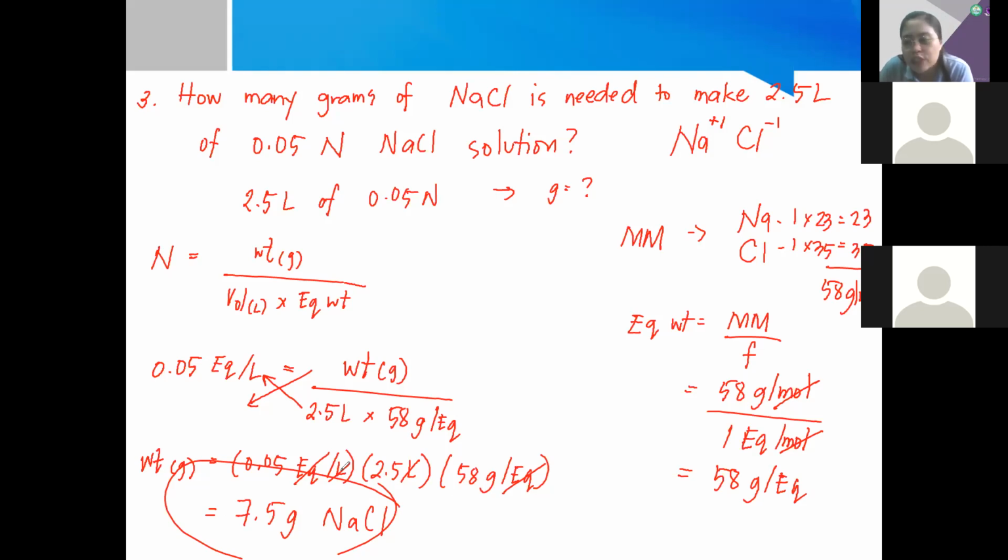Okay? So, sa laboratory class, if you are asked by your teacher to prepare a solution, tapos ibibigay niya yung amount in volume and also ang concentration, tapos the concentration is in normality, ganito ang gagawin ninyo. You have to compute for the weight of the substance. Okay? The process is just ang